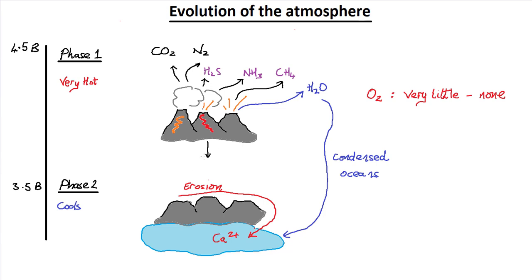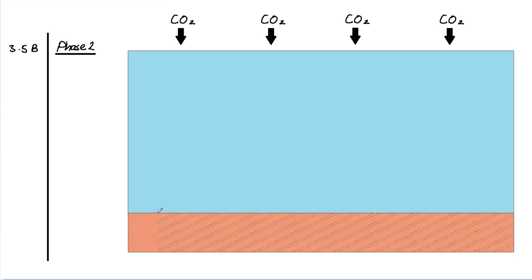So really in our phase 1 we've got an atmosphere with a huge amount of carbon dioxide compared with the other gases, and what we're going to look at now is how in phase 2 and phase 3 the level of that carbon dioxide is going to be reduced, and then look at the processes by which this happens. And so the first process is a purely chemical process. Here, carbon dioxide from the very carbon dioxide rich atmosphere dissolves into the oceans and reacts with the water to